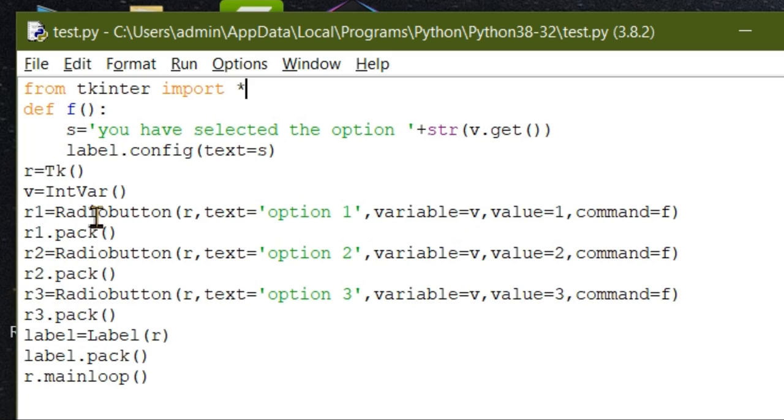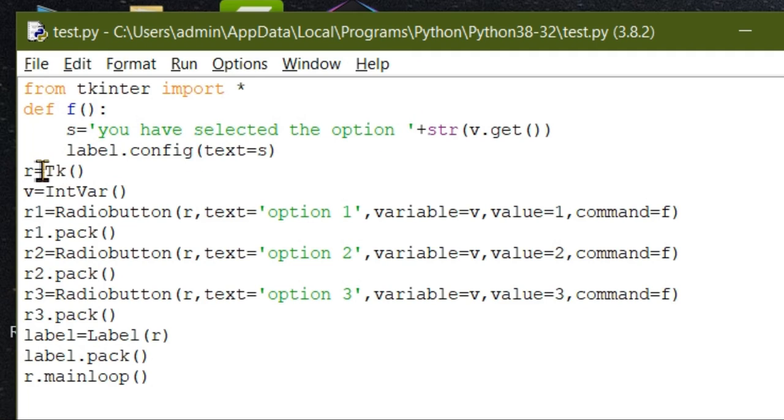Here v is the variable we have defined as IntVar, that should be get here. And as you know about the get value in the last check button. And then here I have used label dot configure, which will paste this value, that is yes.